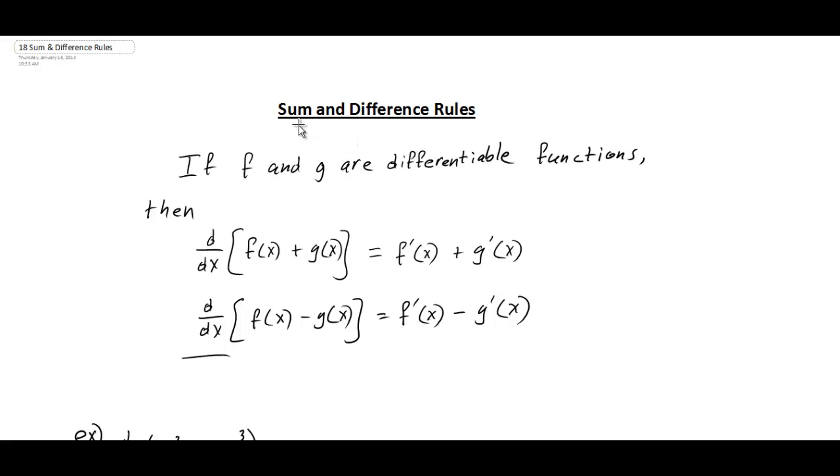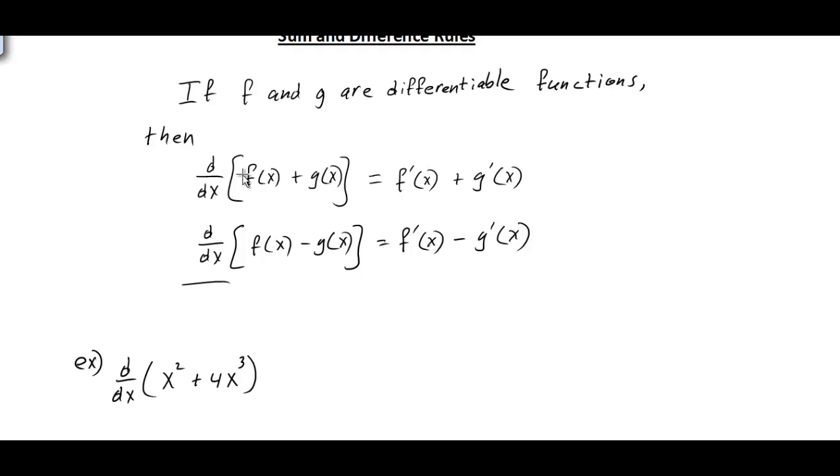All right, now we're going to look at a couple more rules, and that's the sum and difference rules. And this is pretty straightforward and basic. So if we look here, we have two functions, f and g. If both of the functions are differentiable functions, which simply means we can take the derivative of f and we can take the derivative of g,